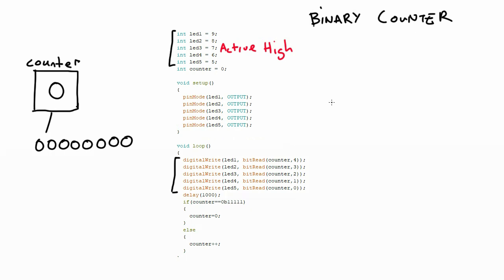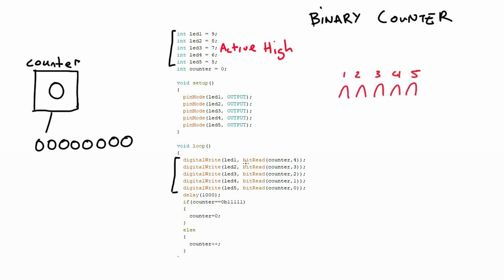Now we have our LED 1, our LED 2, our LED 3, and our LED 4, and our LED 5. And they're going to be in this order like this. So this is 1, 2, 3, 4, 5. On here, I want this to be my most significant bit and this to be my least significant bit for this 5-bit number. So I now go here and I want to write to my LED 1,